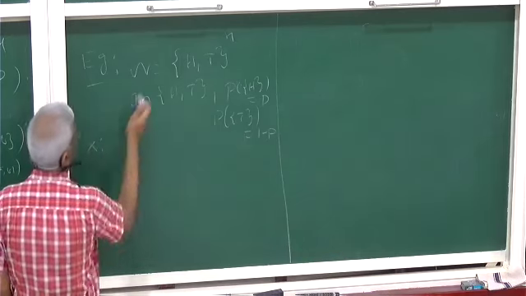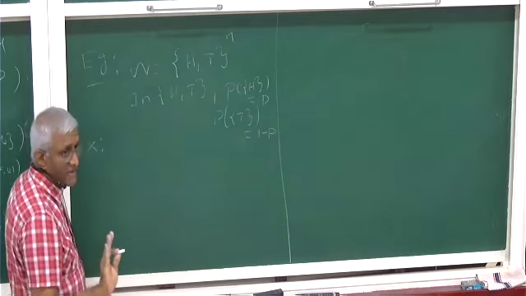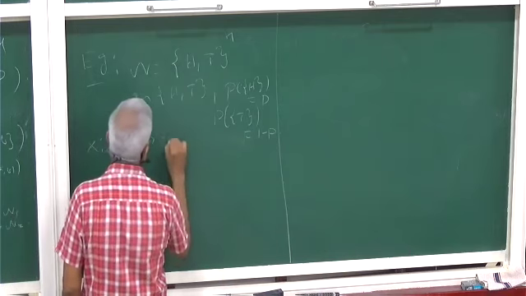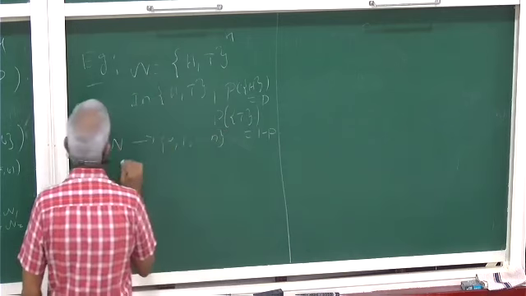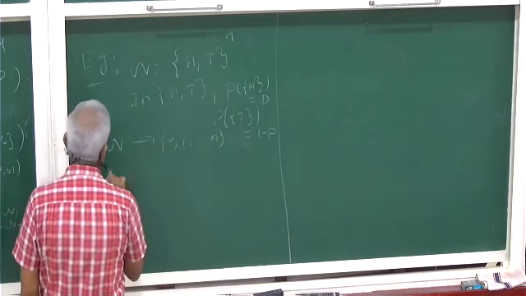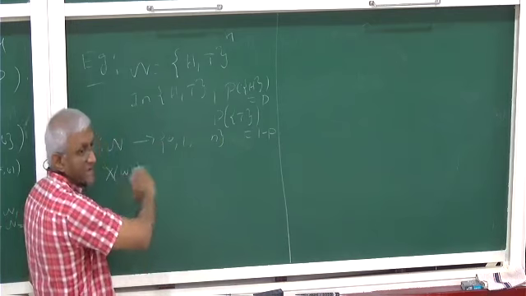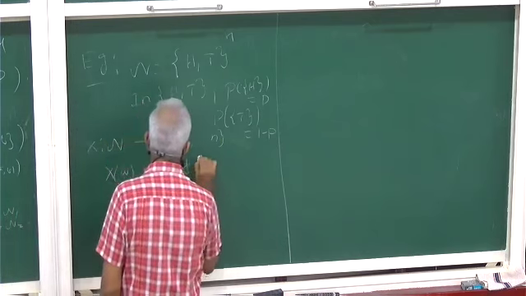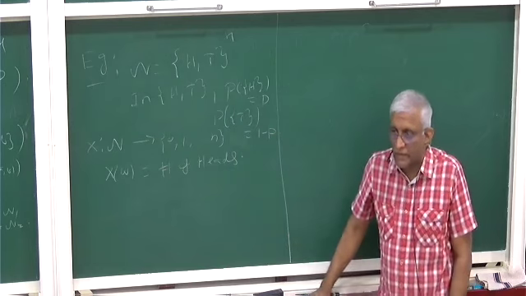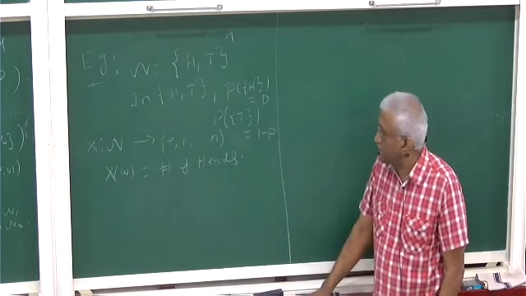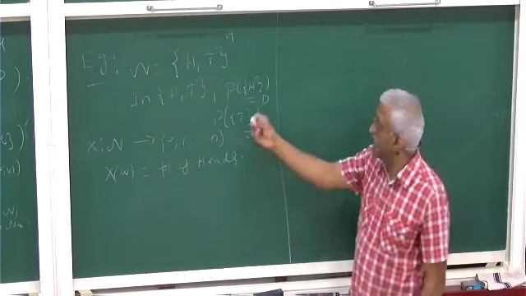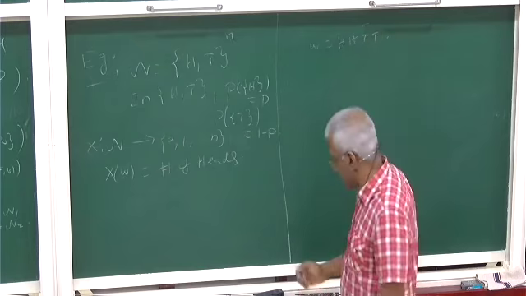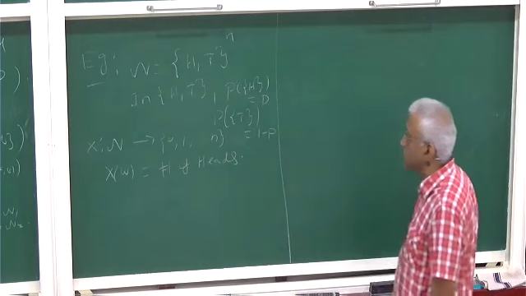So X is defined from, I mean, if you want, you call this omega^n, doesn't matter, but we are calling this omega_1 times omega_2 up to omega_n. X of any omega, which will be something like H, T, T, T, kind of an n-tuple like that, is just the number of heads. So omega will be something like this, H, T, T, T, T, kind of n-tuple, consisting of these things.